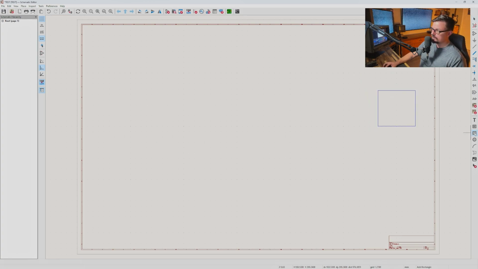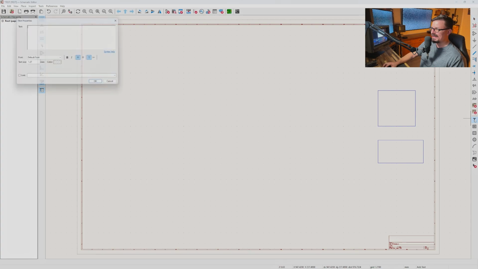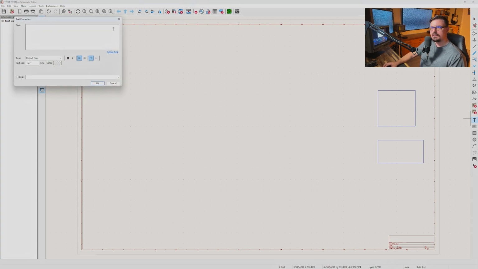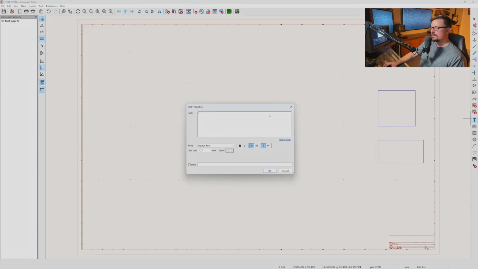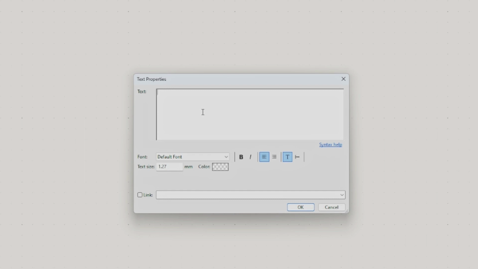We're going to go back to our square tool. We're going to left click and we're going to make kind of a rectangle. Perfect. Now we've got two squares, but we need to know what these squares do. So go over to the right side of your toolbar and we're going to add text. Now this text window is going to come up. And what you're going to want to do is name your device. So one, we're going to do 20-inch